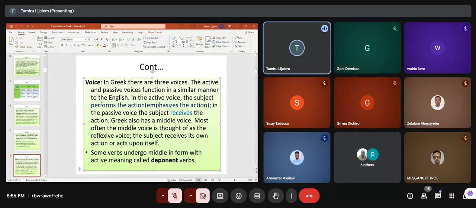If the subject performs the action, it is active voice, and if the subject receives the action, it is passive voice. In middle voice, some verbs undergo middle in form; the subject both receives and performs its own action by itself. For example,